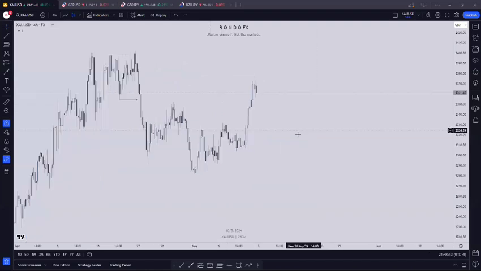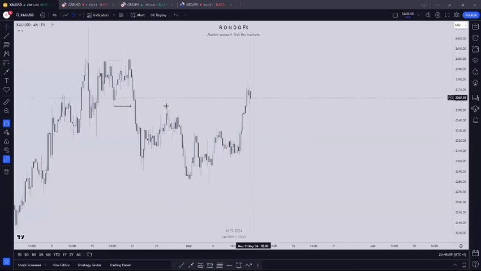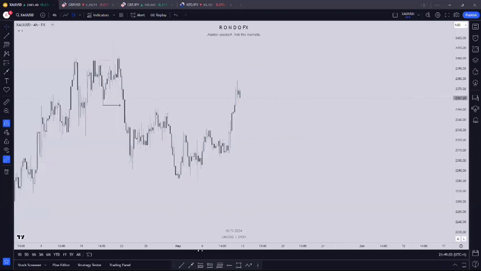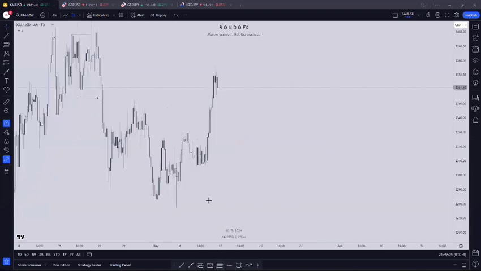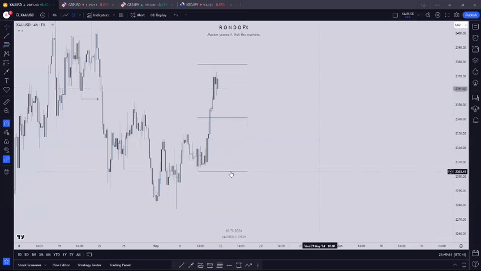What was the most recent break of structure on the 4-hourly time frame? It's the upside, right? So when you have a break of structure, you should always expect a pullback, right? So what was our range from the 4-hourly perspective? Most of you mark this out as your range. But for me personally, that is not my range